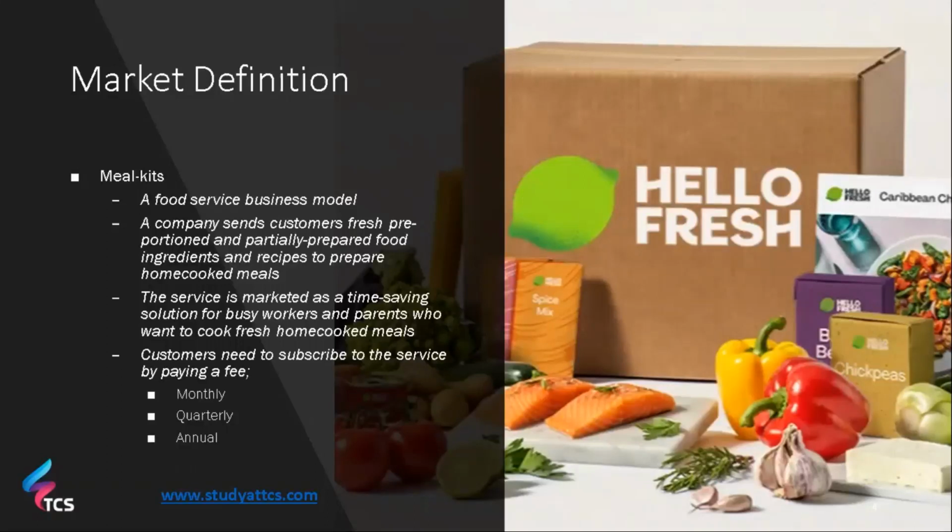So simply put, what this industry is up to is now your company, which is considered for this time's operational case study, is Meals at Home. So Meals at Home is part and parcel of the meal kit industry. And these players within the meal kit industry, what they do is they would source raw materials or ingredients, frozen food items and whatnot. They would package it together and send it across to customers, so that customers at the convenience of their homes can put all these ingredients and frozen foods and whatnot together and prepare their own meals